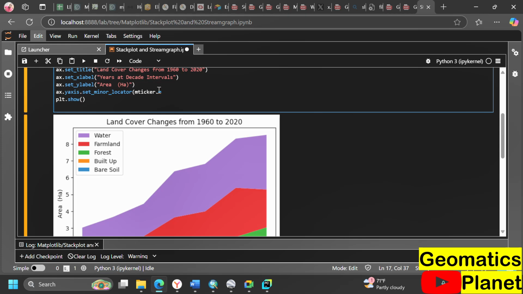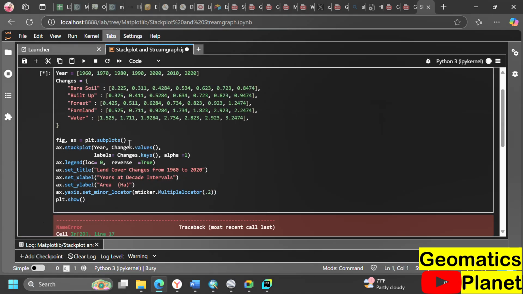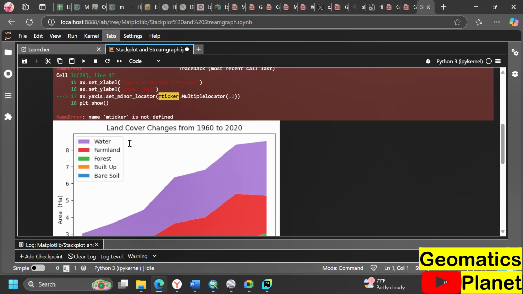So we're going to call the multiple locator, and let's use 2 here. And then when we run the same code again,